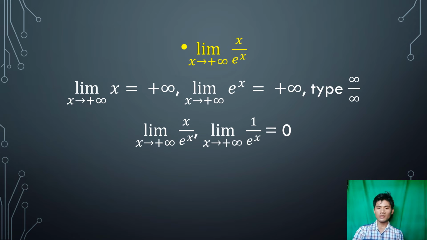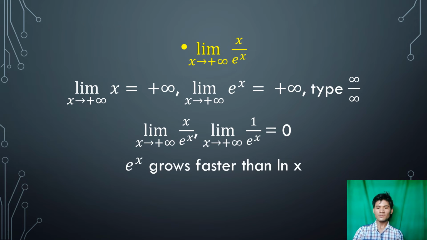Applying L'Hopital's rule, deriving the numerator and the denominator separately, we come up with the limit of 1 over e raised to x as x approaches positive infinity, which is equal to 0. This means e raised to x grows faster than x. Another example,